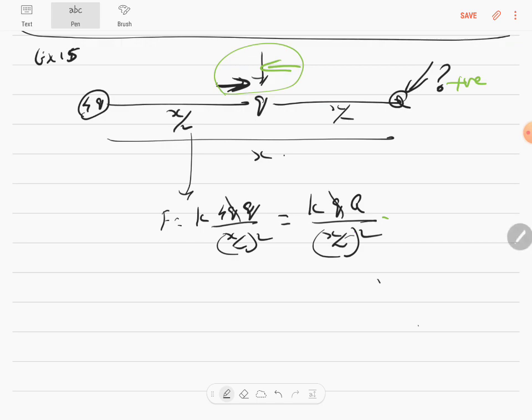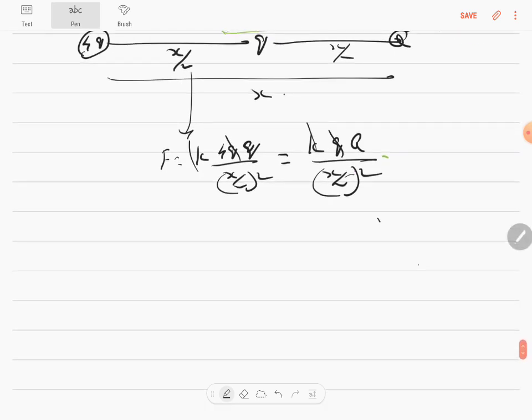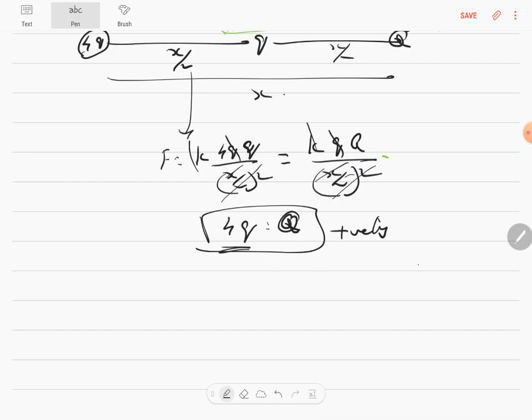So q and q will get cancelled, K and K get cancelled, x square and x square get cancelled, x square by 2, everything is getting cancelled. So you get 4q is equal to capital Q. So then the capital Q has to be 4 times the small q. That should be the magnitude, and it's got to be positively charged so that the small q can be in equilibrium. That completes this question. Let's go to